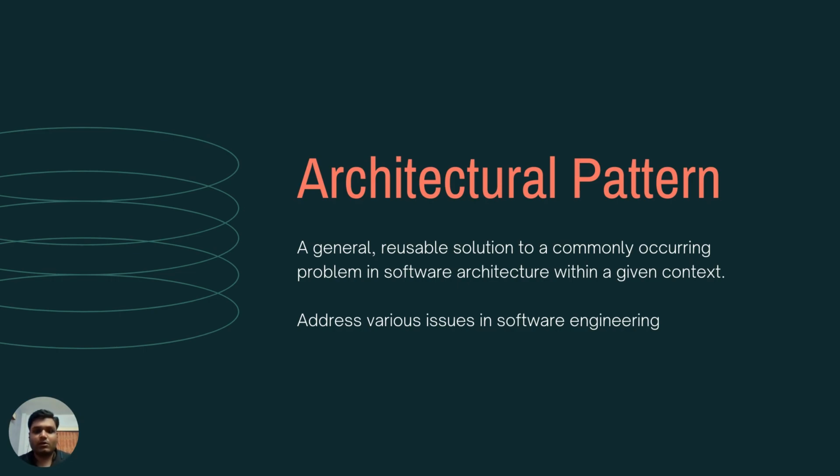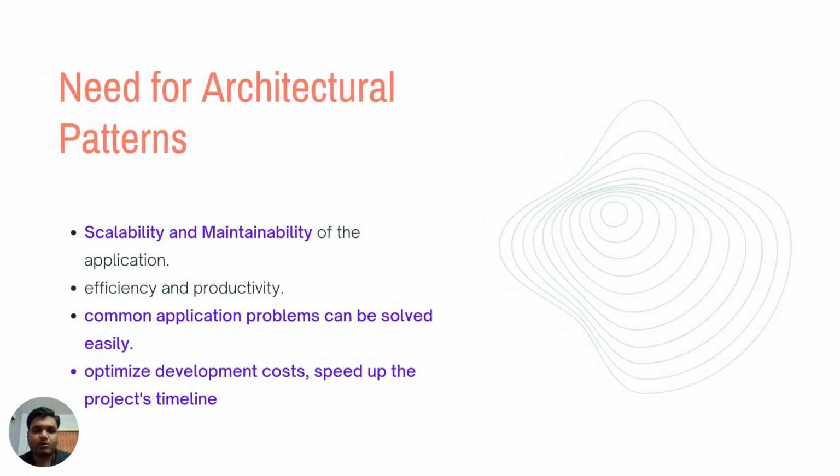So the need for an architectural pattern is basically to provide scalability and maintainability to the application. We frequently need to add new features to the application, so we need a facility where we can add new features very easily, and this facility is provided by the use of architectural patterns. At times we also need to change the existing features of the application, and while changing these features, we should take care that the various layers of our application do not get affected, and there should be a separation of concerns.